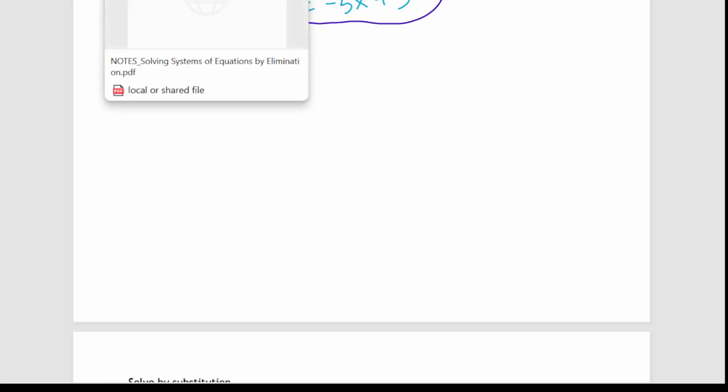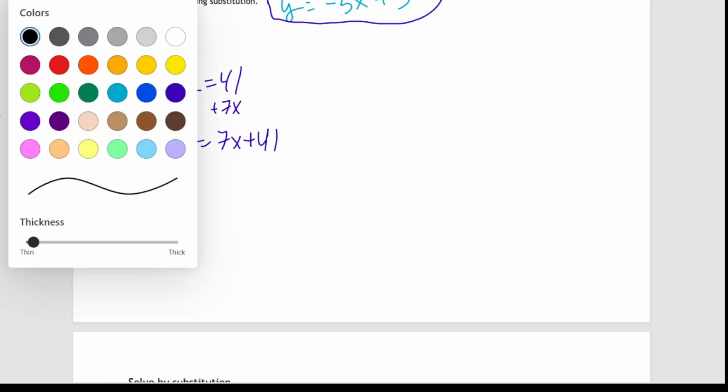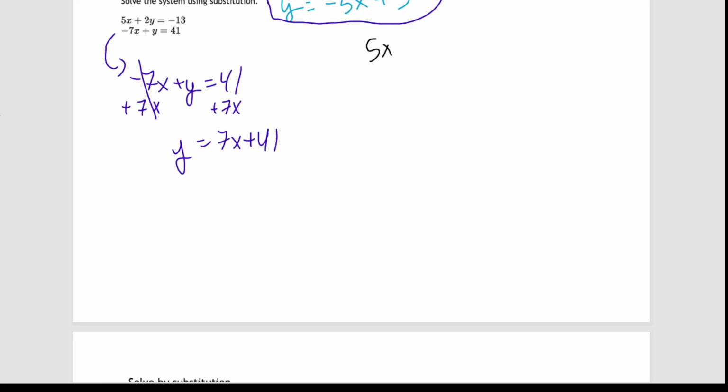So if I was going to solve this, I think in particular the second equation is going to be a lot nicer to solve for, because if I have negative 7x plus y is 41, if I want to get y by itself, I would add 7x to both sides. Negative 7x plus 7x makes 0. I'm left with y is equal to 7x plus 41,